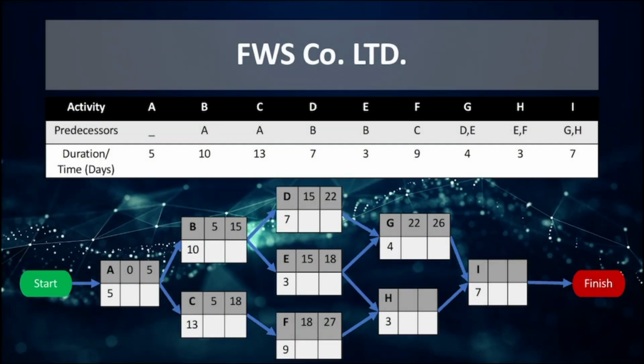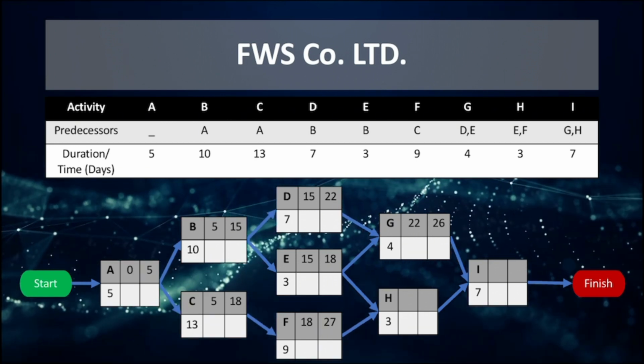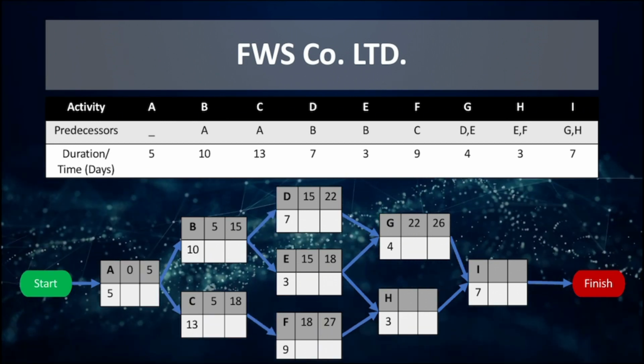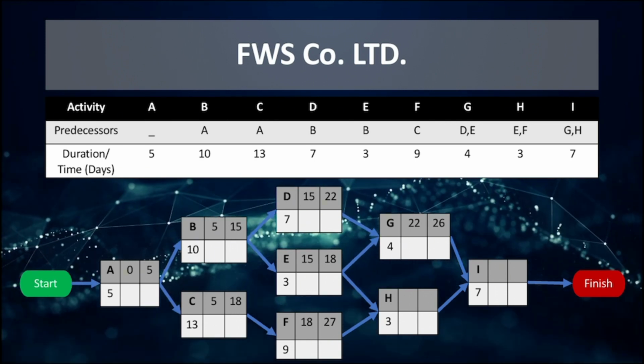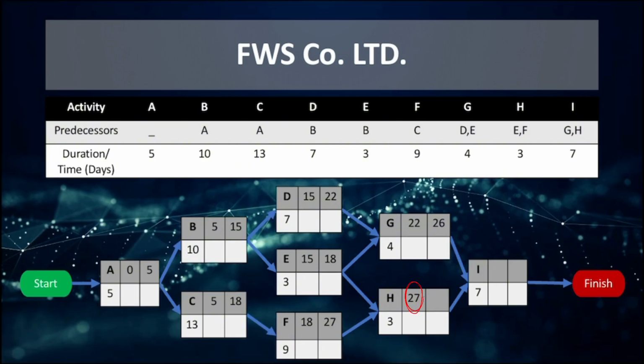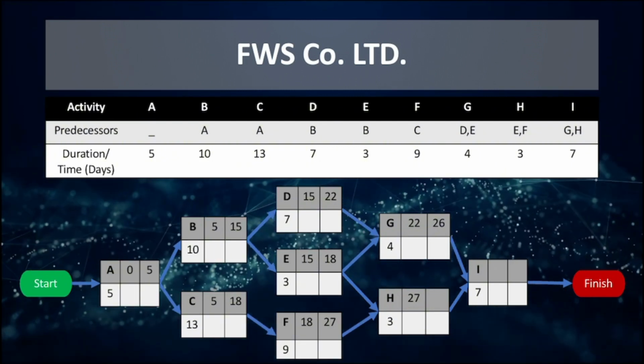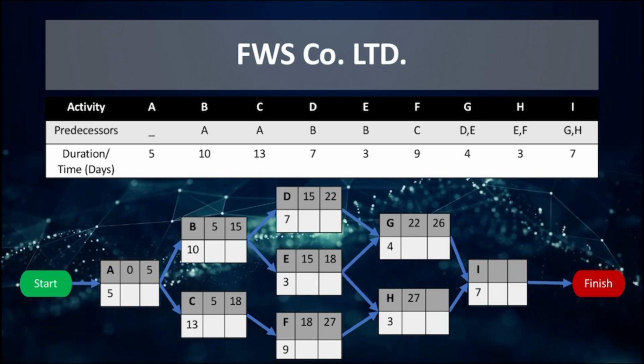H has a predecessor of E and F. The earliest finish times of E and F are 18 and 27. Since the highest earliest finish time between E and F is 27, the earliest start time that H can start is 27. With an activity time of 3 weeks, H will have an earliest finish time of 3 plus 27 is